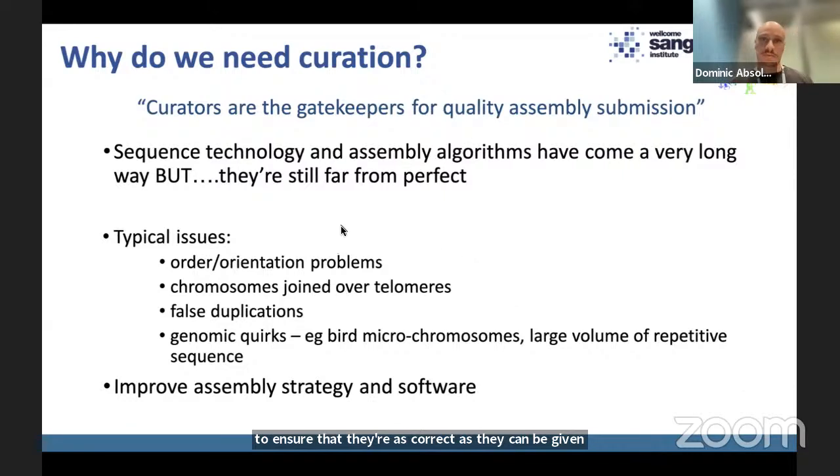And this is necessary because although the quality of the algorithms and the assembly process and the data itself is becoming better and better every year, we're still seeing issues every day. We see problems in order and orientation, scaffolding issues. We have misjoined assemblies, false duplications or technical duplications where the assemblers literally copy and pasted a sequence. And then we also have just quirks of